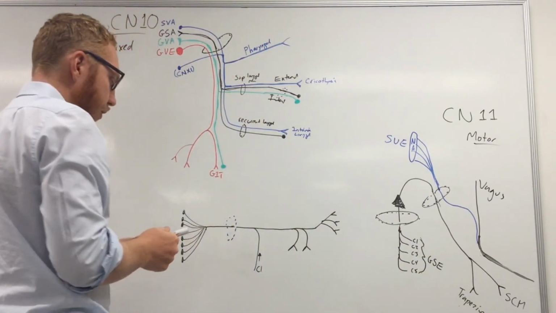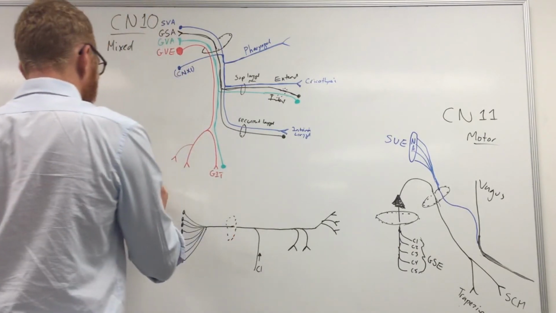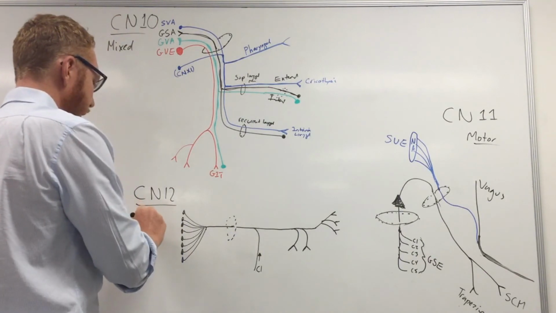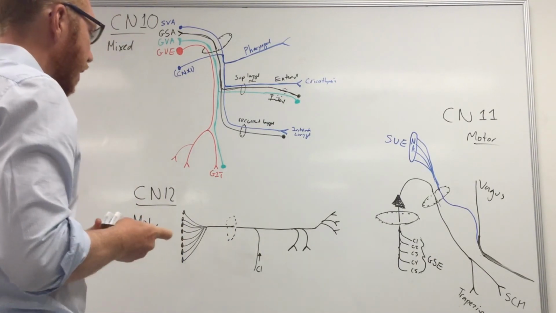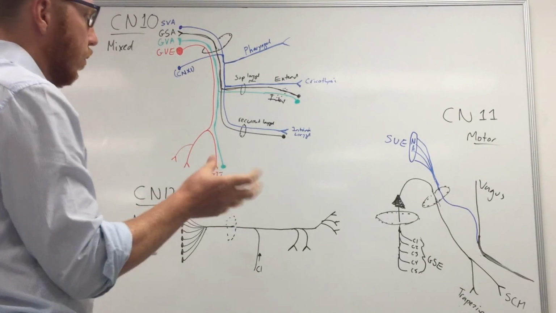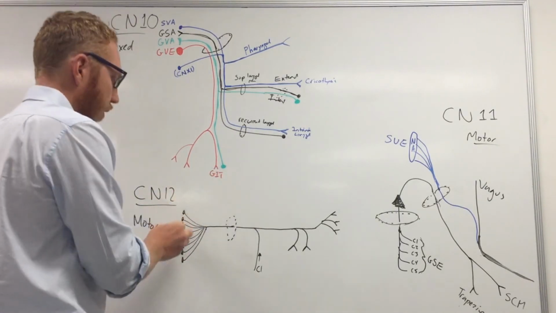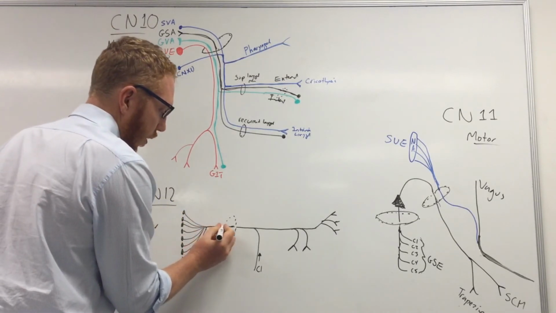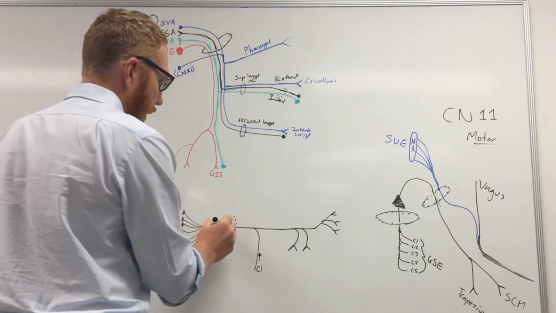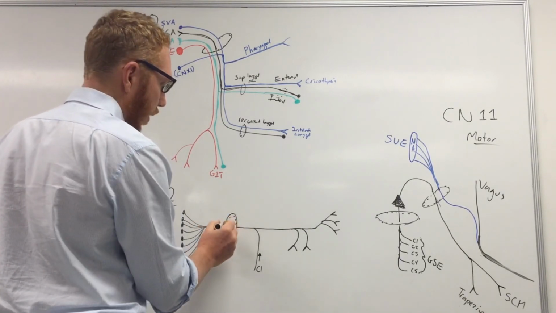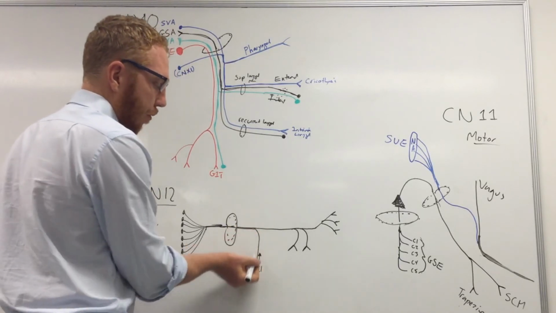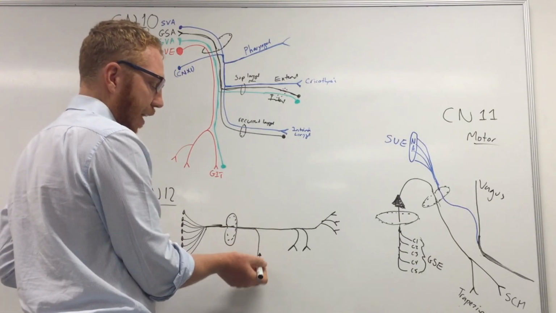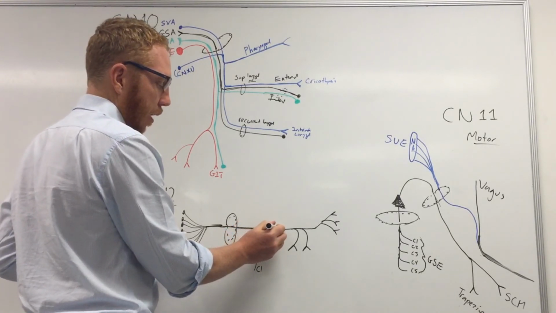Which finally we finish off with the hypoglossal nerve. So this is cranial nerve number 12. Okay, this is also completely motor, and it should tell you in its name that it's hypoglossal, which means it's going to the tongue. So this has got approximately 20 little rootlets coming out, which coalesce again to form the collective nerve. It goes through the hypoglossal canal, and it actually meets fibers coming from C1 up. Okay, so it's coming from the ansa cervicalis coming up, and that meets it,